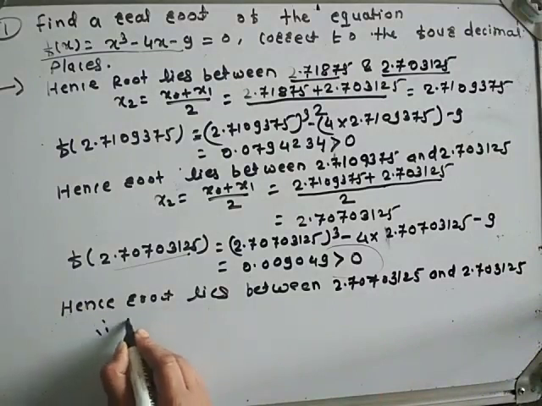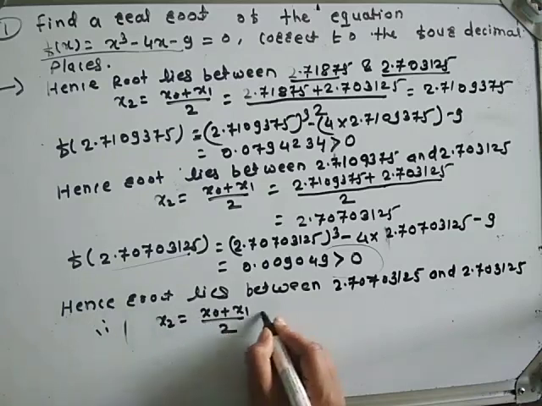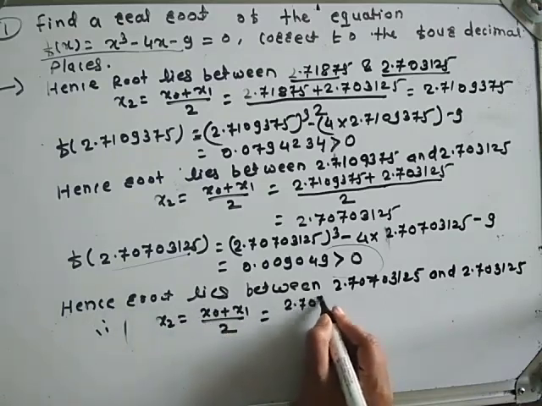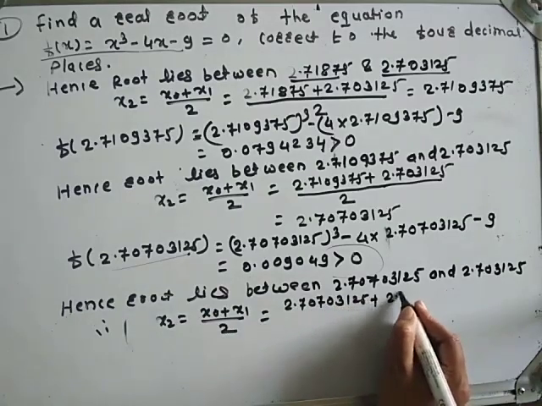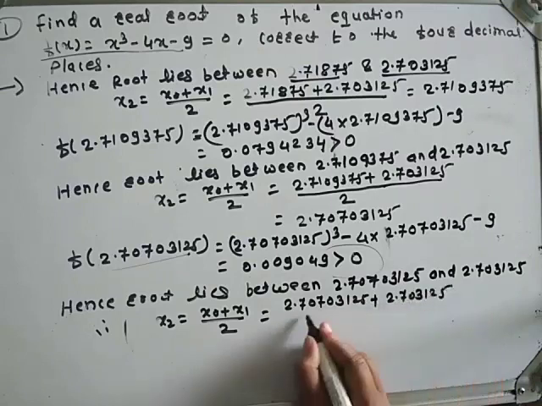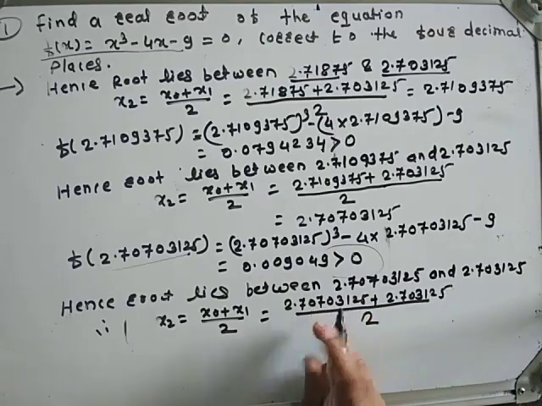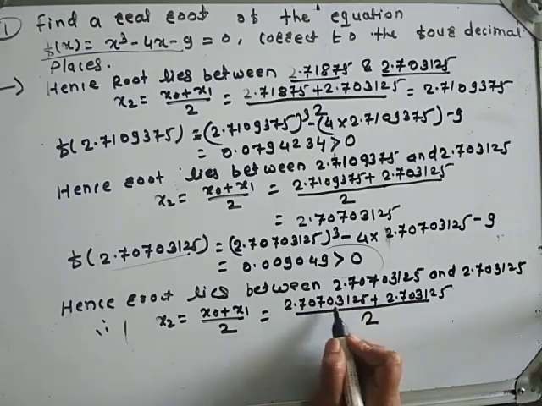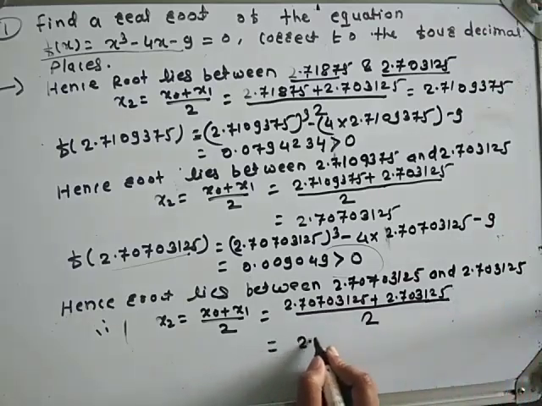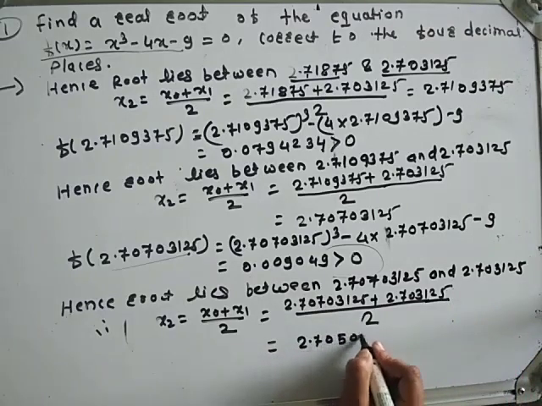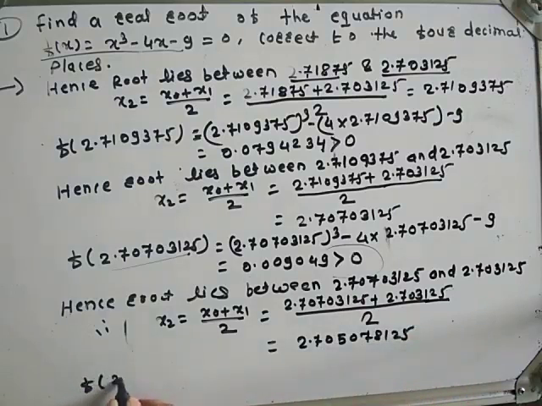Therefore, the approximate value of the root is x2, which is equal to (x0 plus x1) upon 2, which is equal to 2.70703125 plus 2.703125 upon 2. Students, remember that for calculation purposes, you can round these numbers to 4 decimal places, which is equal to 2.705078125. Now we calculate f of